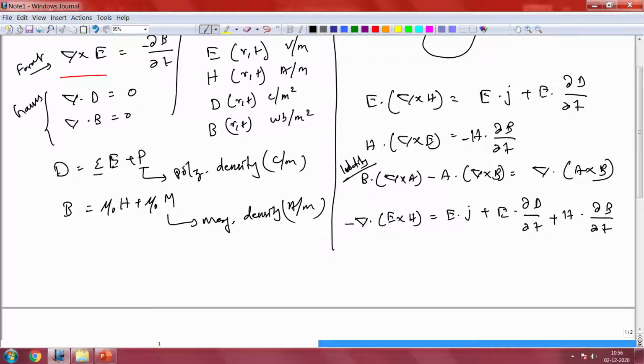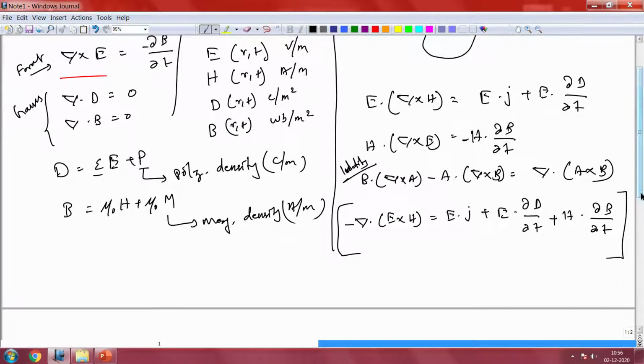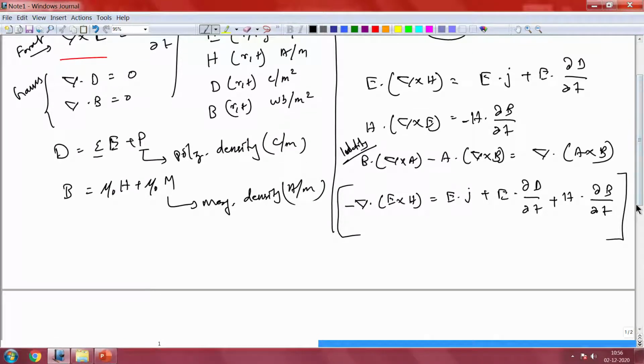So, this is what you would get. So, what do we see here, all right. If you look at this equation,